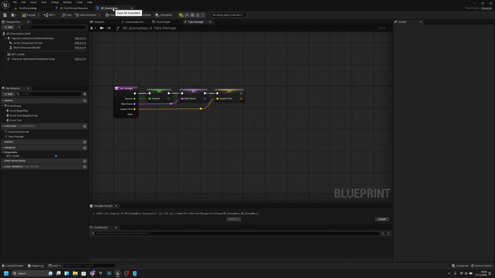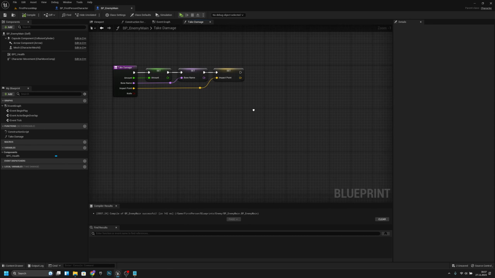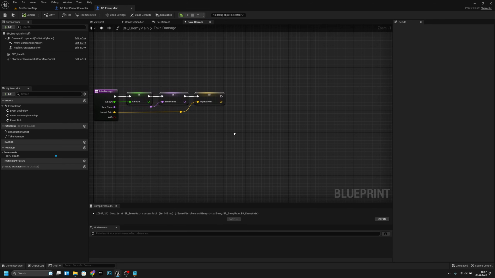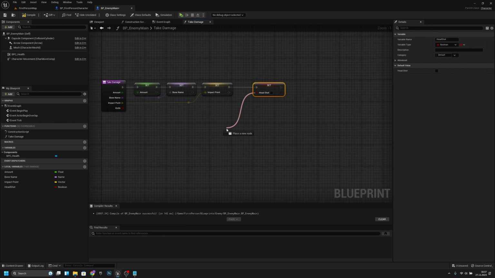Now we are here, PP enemy main and take damage function. Okay, so let's get started with this because we have a lot to do here. So first, let's actually create a new local variable called headshot, and it should be type boolean, and now we want to set it after this impact point. This. And from here we want to get a select